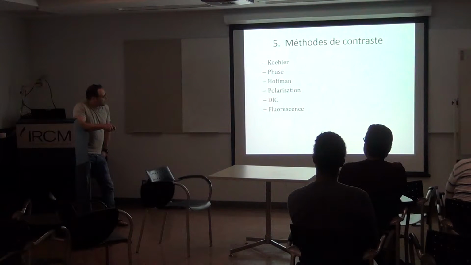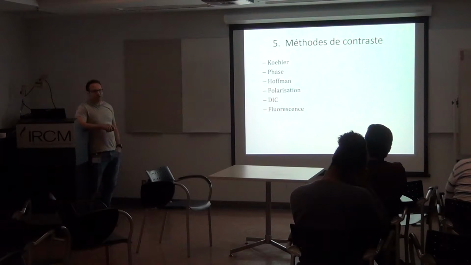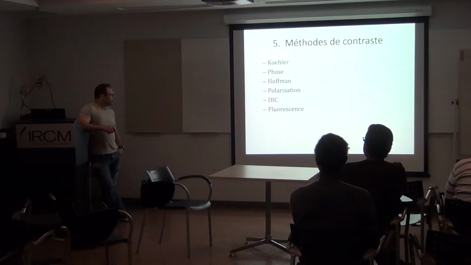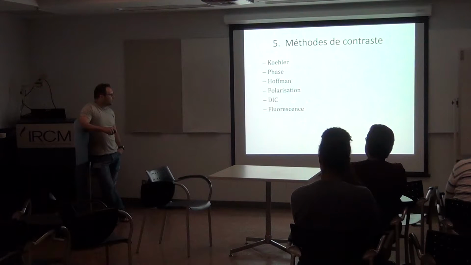DIC, the letters are for differential interference contrast, and it's also known as Nomarski, the guy who did invent the DIC method. And the fluorescence, which is used most of the time. So this is the widely used method, I would say, and those other methods are not really used, but still